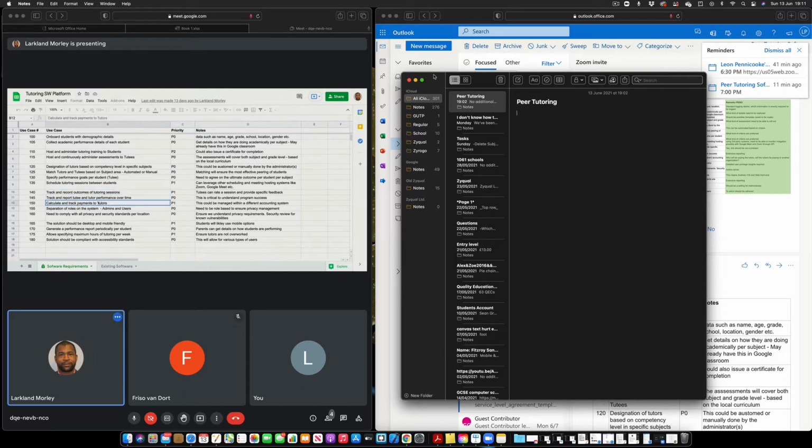Then you have the other thing, maybe, which is the payment. I don't think the platform itself has to manage the payments, but there could be a way to say how much money they earn based on the number of sessions they have, and then that could be exported to another system, maybe through an API or a CSV file, where you could use some other payment system to manage that. But I don't think it's a prerequisite to have it in the system.